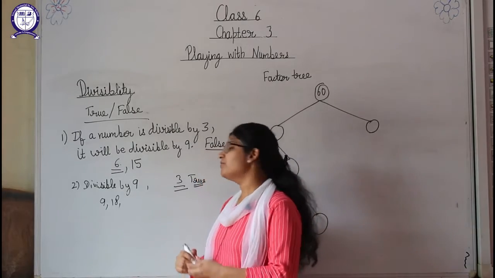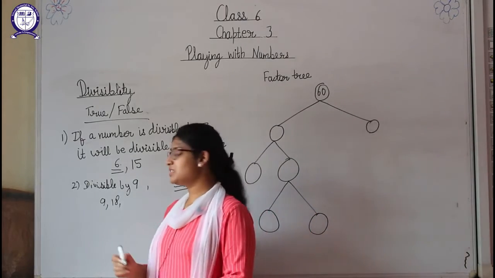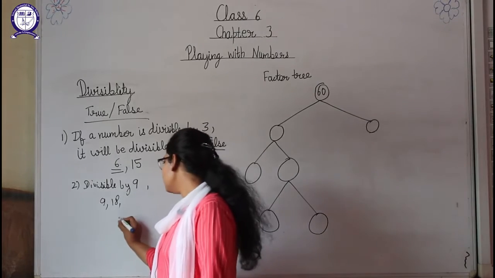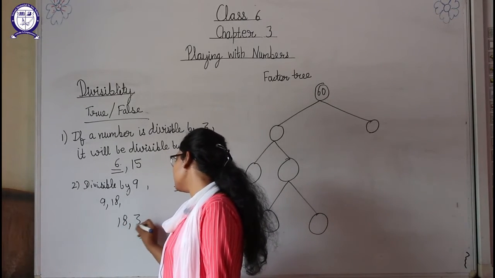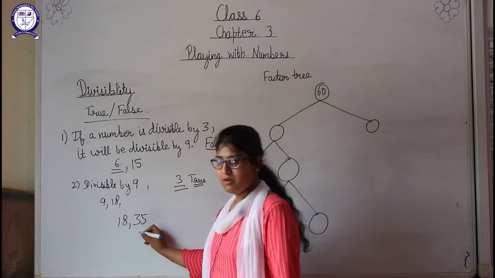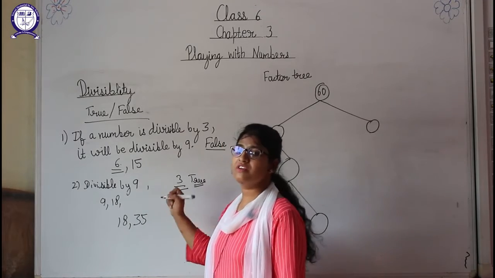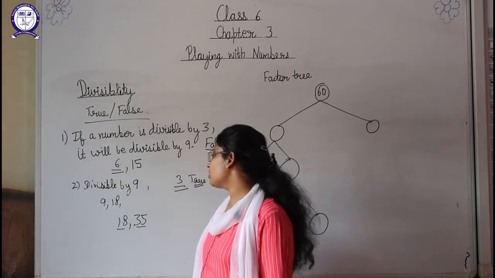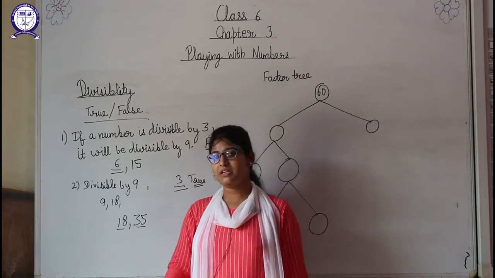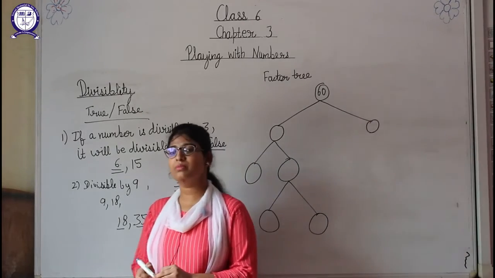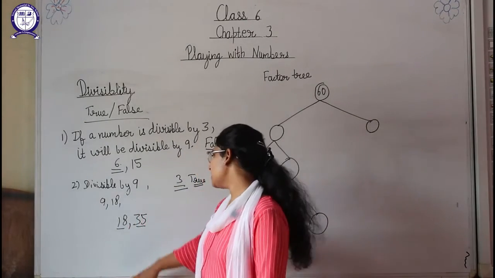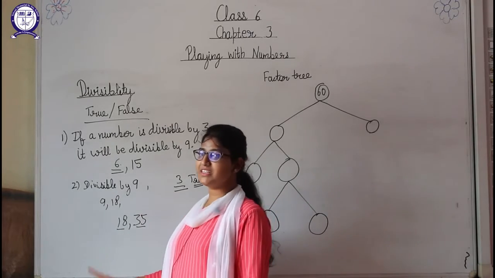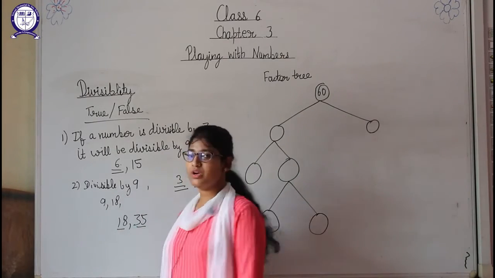One is, if all the numbers in the coprimes are prime. Here we have done earlier 18 and 35, these were coprimes, but are they prime? Or is any one prime? No, it is also composite. It is also composite. So the statement is false, that in the coprimes the numbers will be prime. The numbers can be composite also. Okay, but they should share only one common factor, that is 1. So they will be coprime.